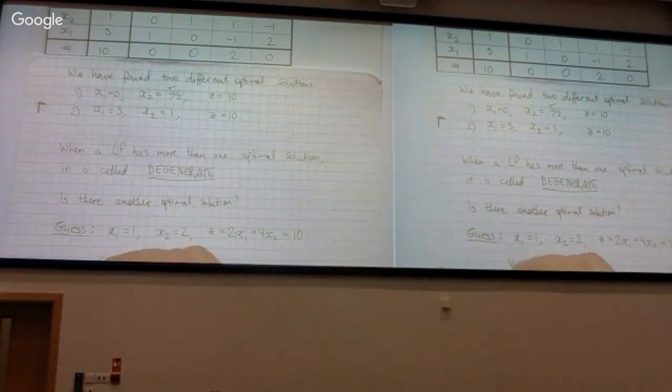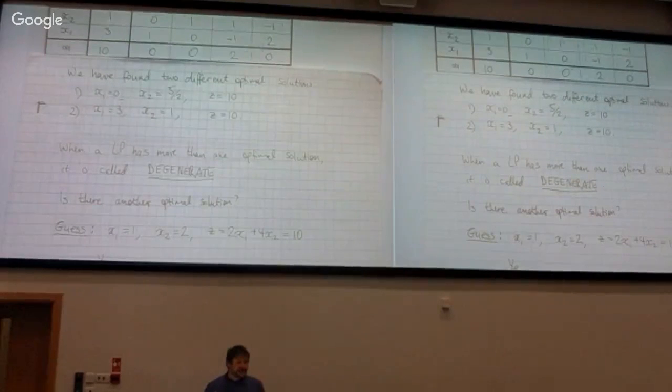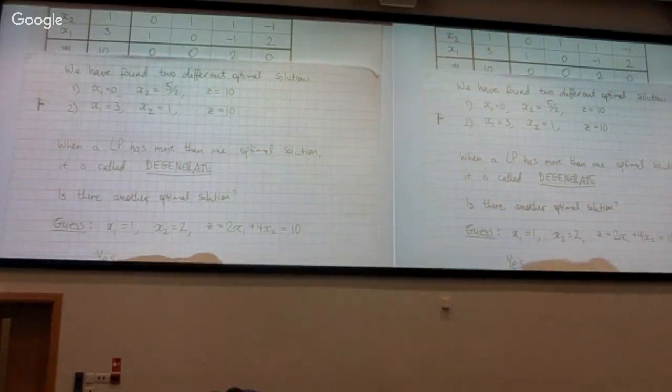Did you just guess it? No? How did you find it? It has to be 10, otherwise it's not optimal. Yeah. Can't be more than 10 because 10 is optimal, at least if we trust the simplex method. But if it's less than 10, then it's not optimal. Okay. So yes, there is an